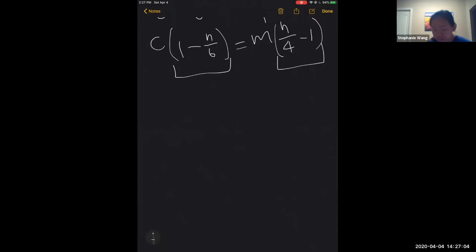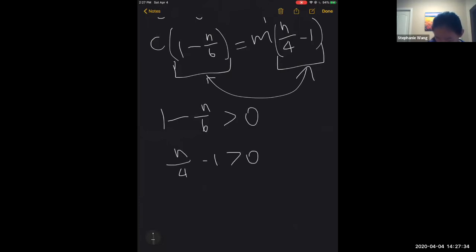Or they can both be negative, but they're both going to be positive because n over 4 minus 1, if it's negative, then this one will be positive. Okay, you'll understand it, but just make sure you understand why these two have to be the same sign, because C and M both have to be the same sign because they're both positive. So if we have 1 minus n over 6 to be positive and n over 4 minus 1 to also be positive, we can rewrite this as